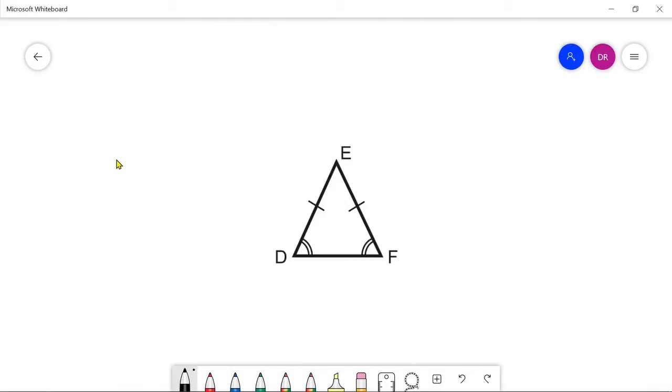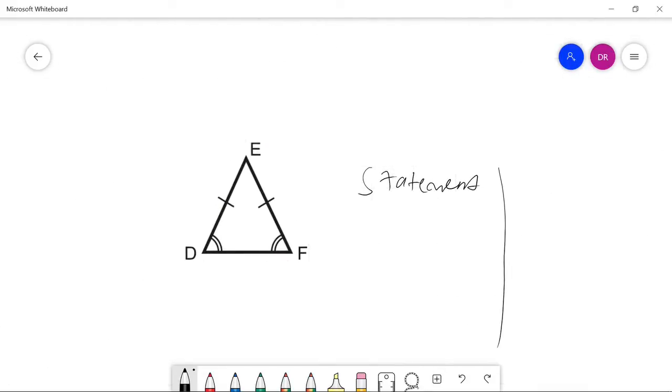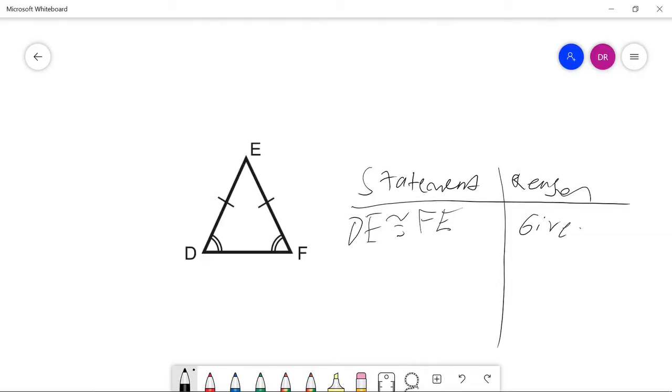So let's have our statement and reasoning table. Statement, and then on the left side, a reason. So we're told that D is congruent to FE. We're told that, so the reasoning being given. Okay, and then the first thing we have to do to prove that they are congruent would be